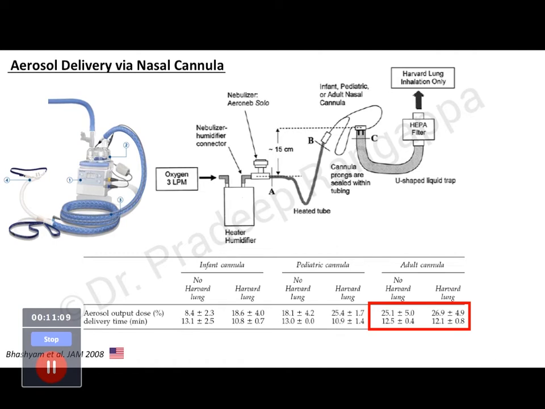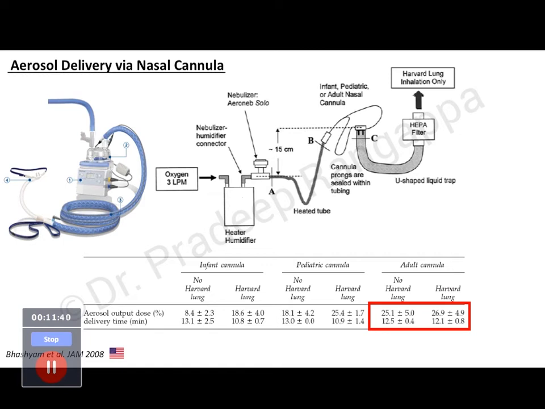Then how about, I'm sure many of you would have started using high flow nasal cannula. Can this vibrating mesh science work in HFNC? Here again this was a study from the US which came in 2008, and they showed even with high flow nasal cannula the lung deposition was up to 25%. As I said, your figure in the mind is only from 15 to 25. You cannot exceed more than that with regards to lung deposition. And if you look at other models, I think it is much lesser.